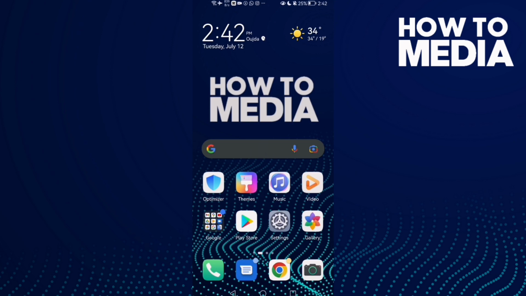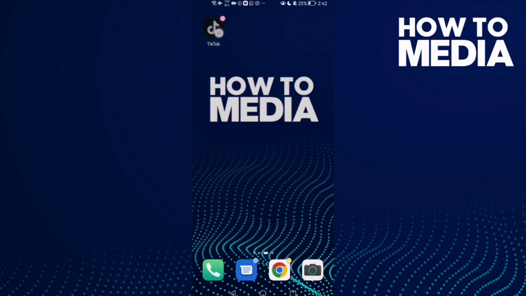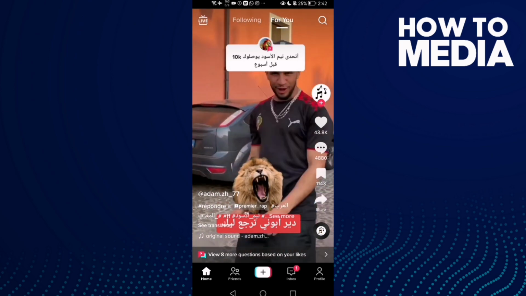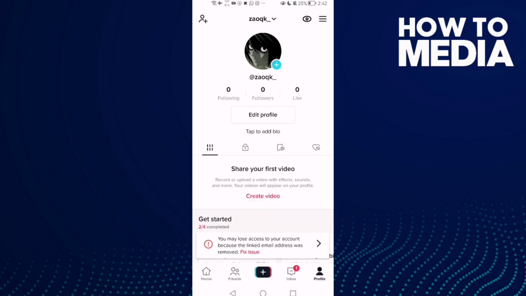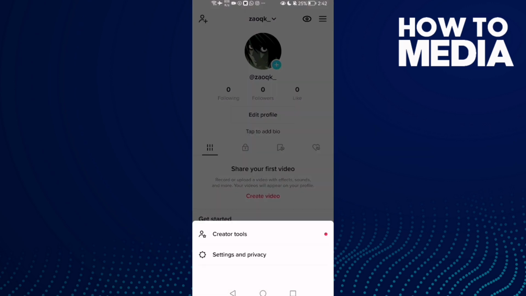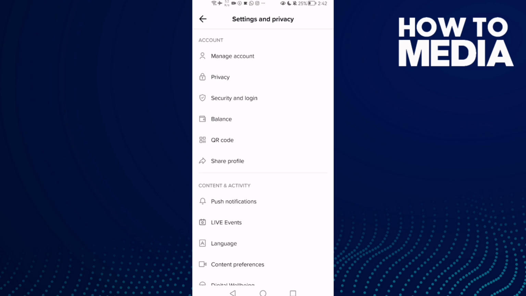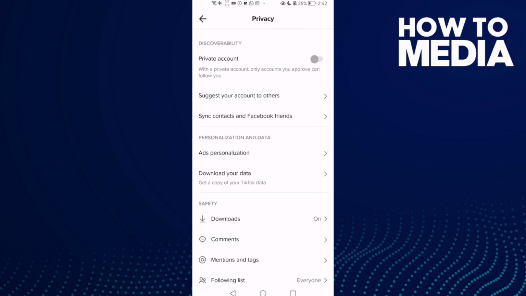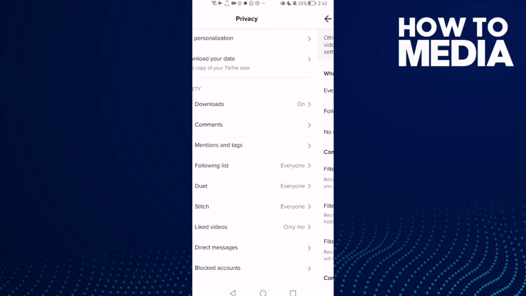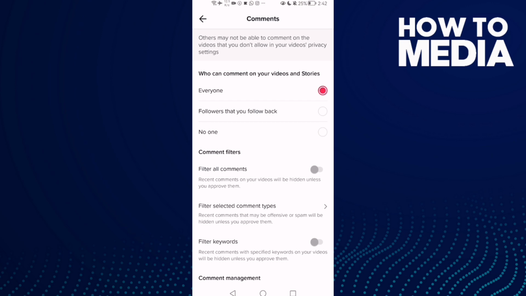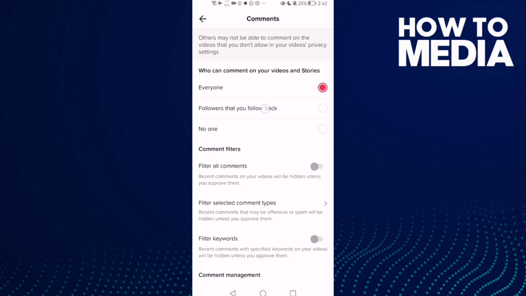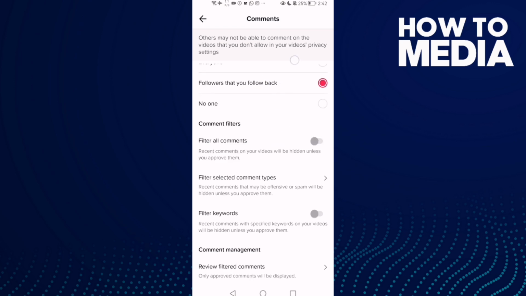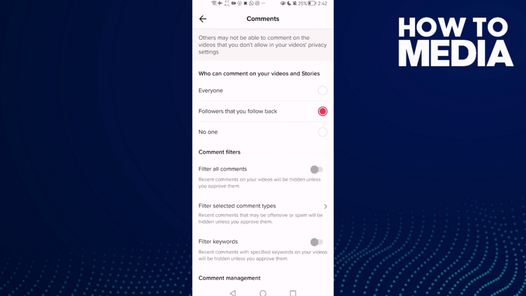Hello guys, in today's video I'm gonna show you how to make only followings can comment on your videos on TikTok mobile. First, open TikTok and then click profile, and now click these three lines in the top corner and then click settings and privacy and click privacy and scroll down until you find comments and click on it, and here you will find this one, second one here, click on it, and that's it. Now just go back,